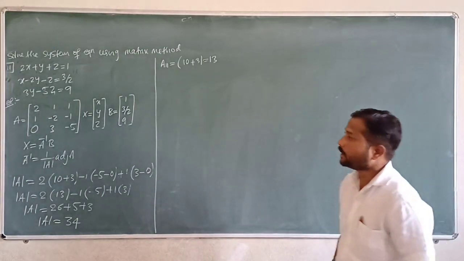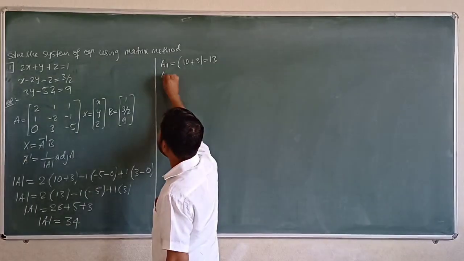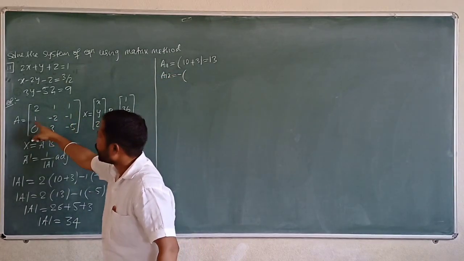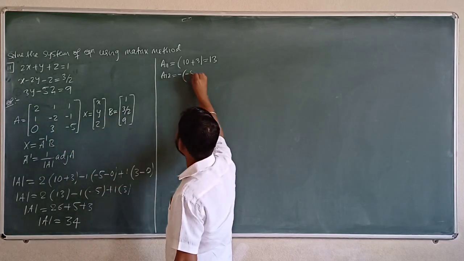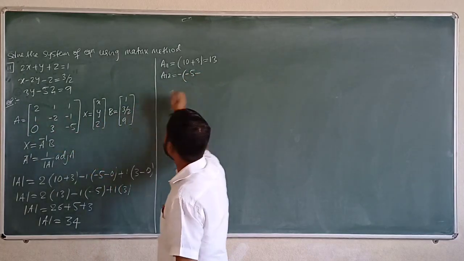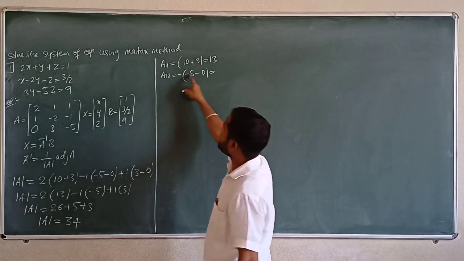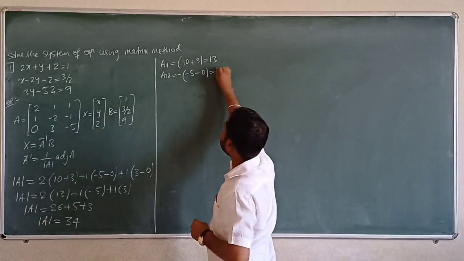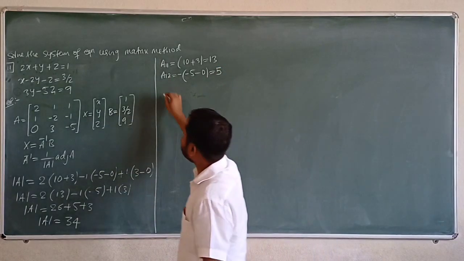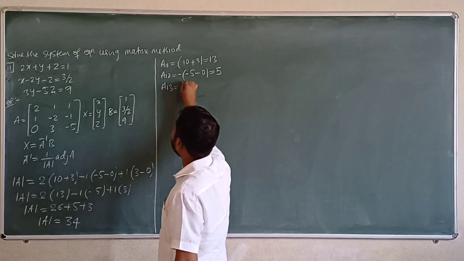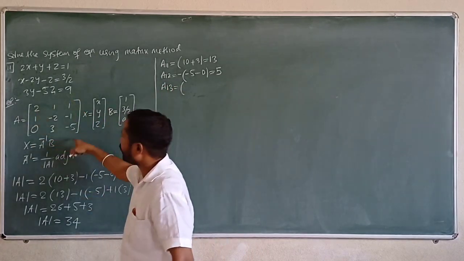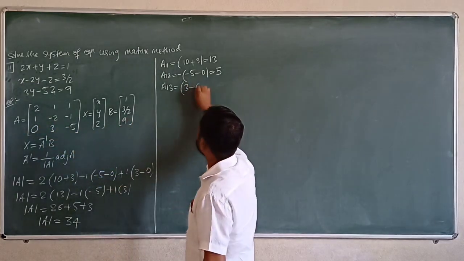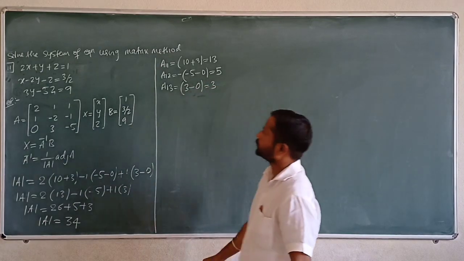A11 is over. Go for A12 now. A12 is positive or negative? Negative. Delete first row second column, 1 into minus 5 minus 5, minus 0 into 1, that is 0, right? See here, minus 5 minus 0, minus 5 though. Minus 5, backside again minus, it becomes plus 5 now, right? Take up A13 now. A13 is positive here. Delete first row third column, 1 3s are 3 minus 0 2s are 0 now, 3 minus 0, that is 3 now, right?